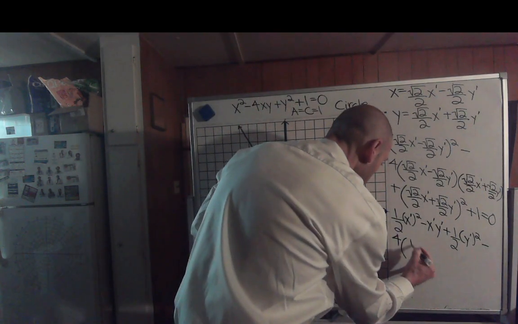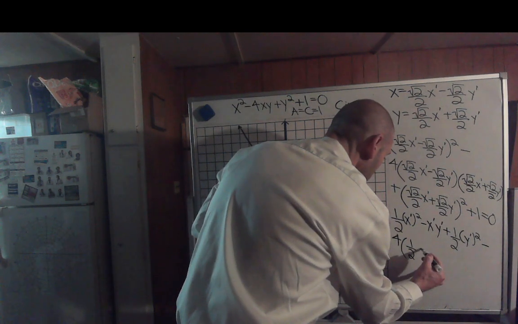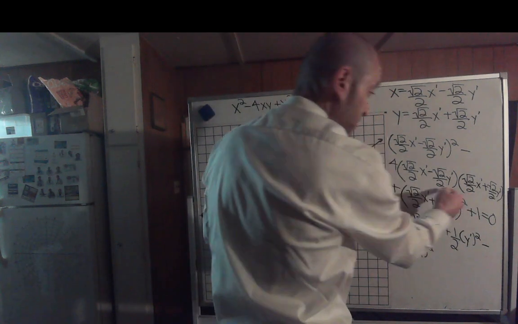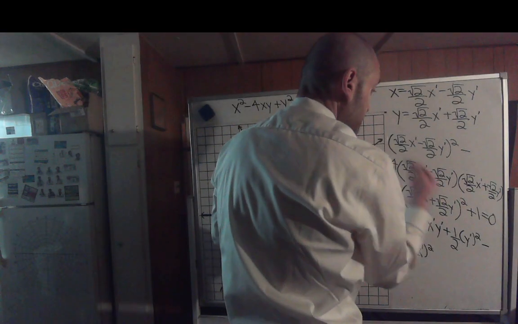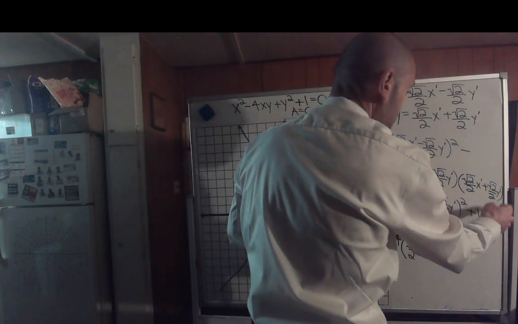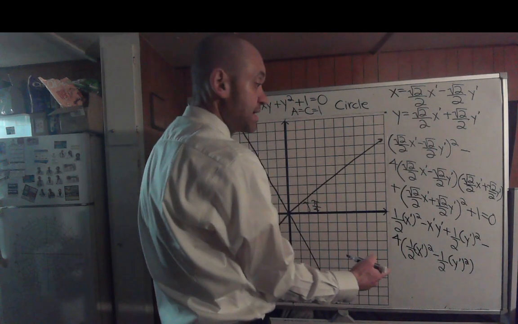That would be 1/2 times the quantity of x prime squared. The middle term should cancel out when we FOIL. So if we take negative square root of 2 over 2 y prime times square root of 2 over 2 y prime, we should get minus 1/2 times y prime squared. All that,